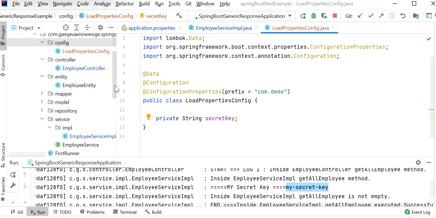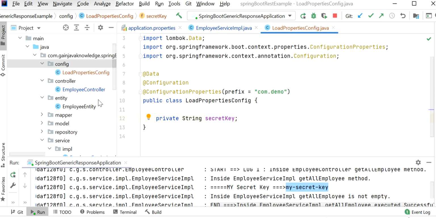Now I will go to my service implementation class and read this property by using the LoadPropertiesConfig class.